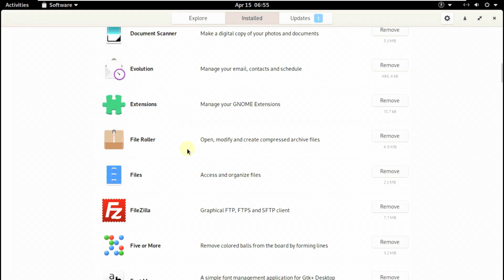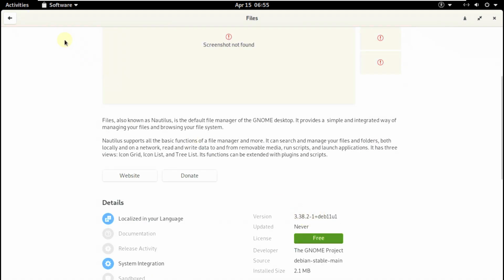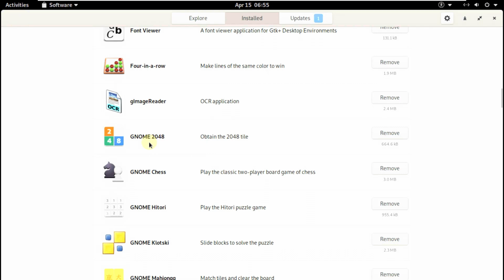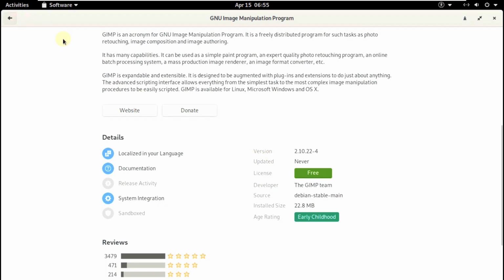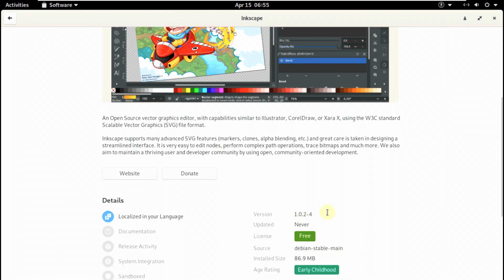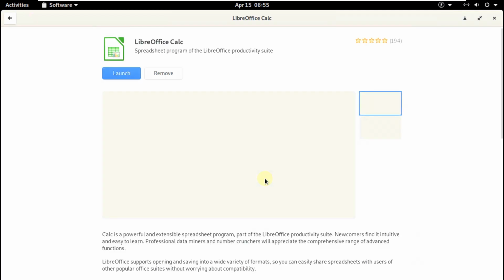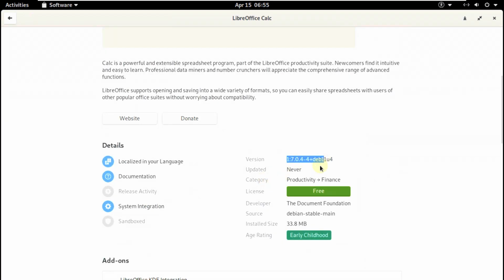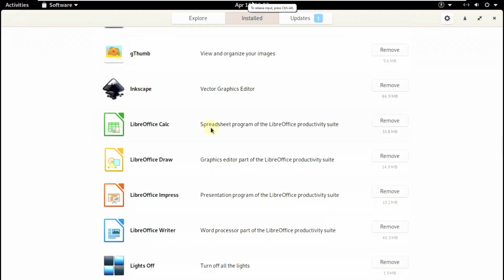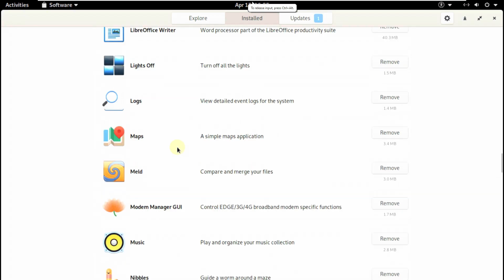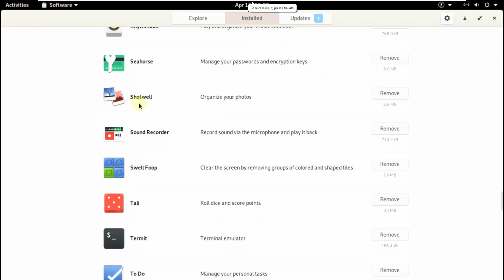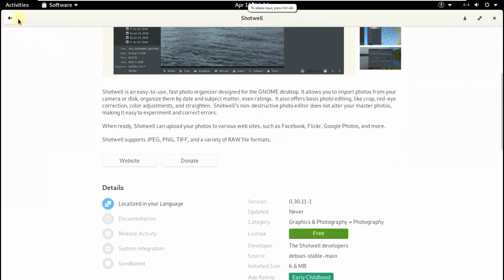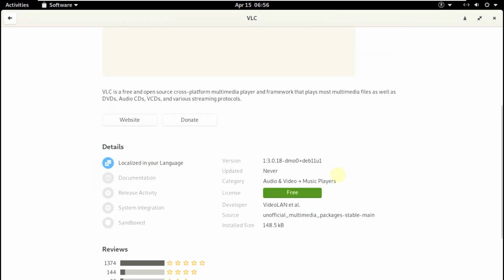I'm just going to show you the important apps, and the file manager version is the same. Let's scroll it down. What else do we need? We need the LibreOffice version. We need the GIMP version too. Here is the GIMP version. Let's scroll down. Inkscape version should be 1. and the LibreOffice version will be the same for everything. I'm showing the calculator version, and the version of LibreOffice will be the same for every LibreOffice software, and the map should be the same. What else is left here is Rhythmbox and Shotwell. Here is the version, VLC media player,